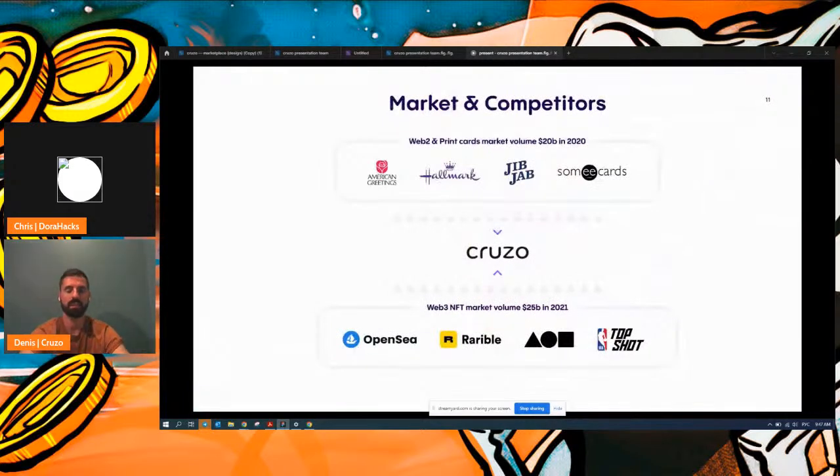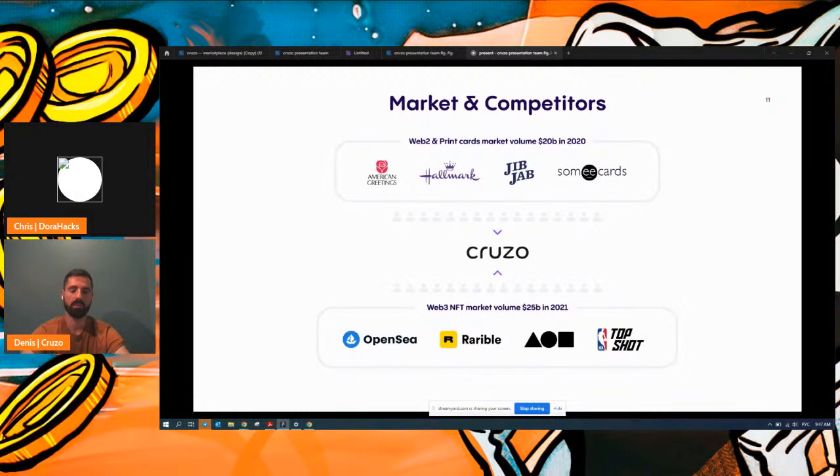This is quite an interesting slide. It shows the commercial potential of the project and the existing market. At the top, you see the greeting cards market, but not included here are the gift market and the party goods suppliers market. So in total, it's up to $50 billion per year, the whole market of gifts and cards.